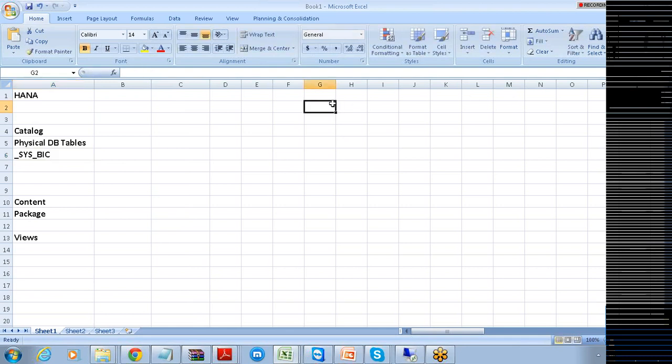Once this is done, what we do is we have our business objects. In business objects, we have two types of tools: IDT, that is the information design tool, and the second is the UDT, the universe designer tool.